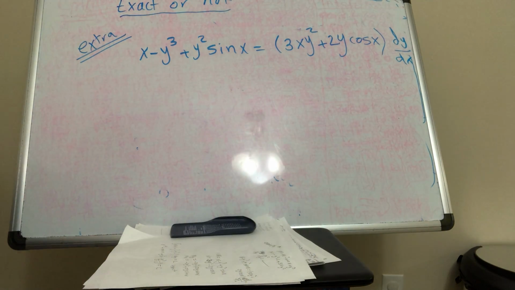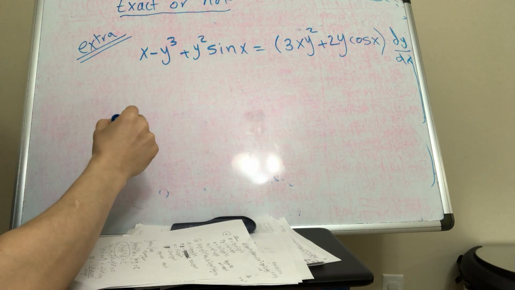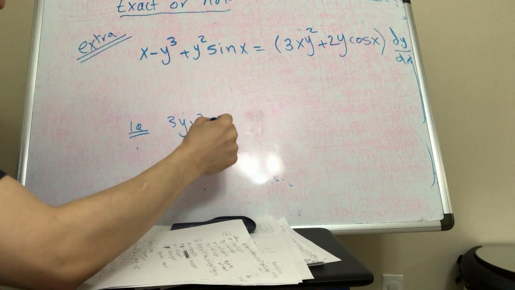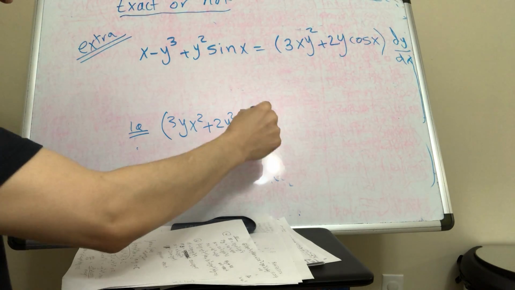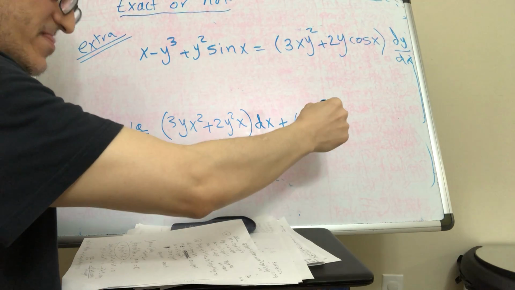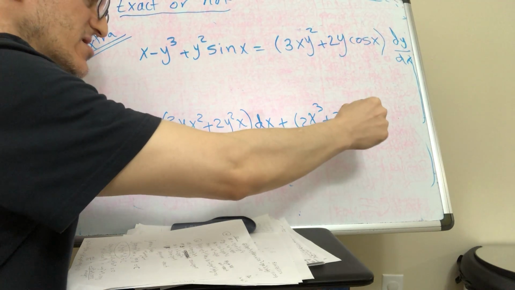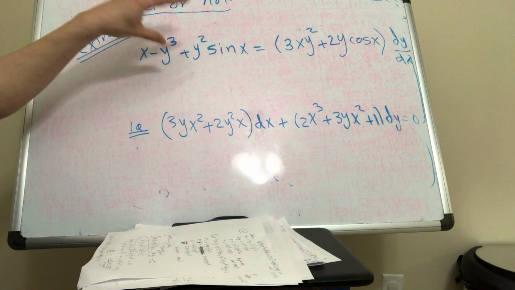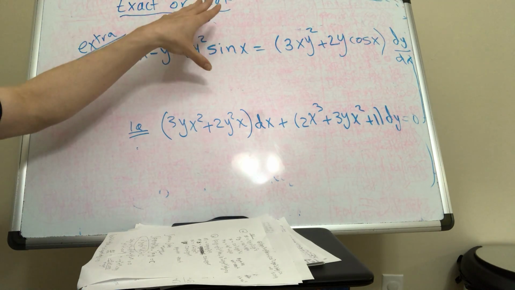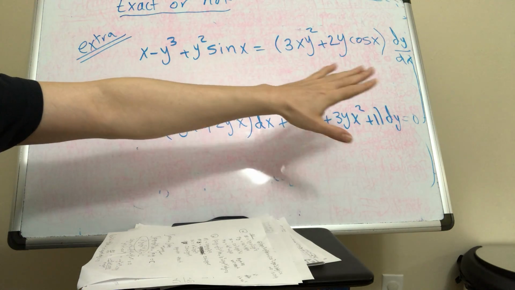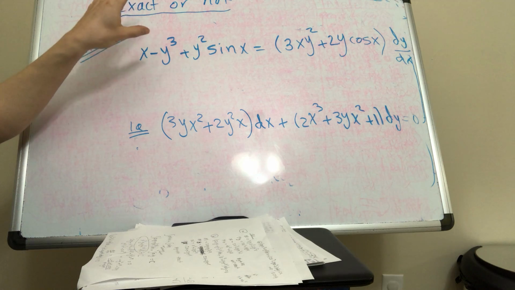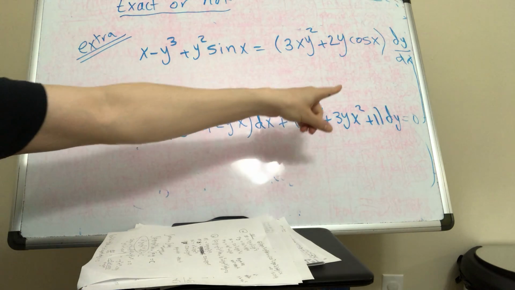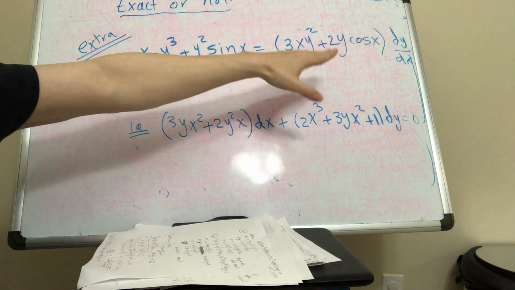Now, in the previous two examples, like in example 1a, you had something like this: dx, and then (2x³ + 3yx² + 1) dy equals 0. So you have to have something dx plus or minus something dy and 0 on the other side. Here, this question is given so that you have something on the left-hand side and something on the right-hand side, so it doesn't work. First of all, you need to have everything here and nothing on the right-hand side, so